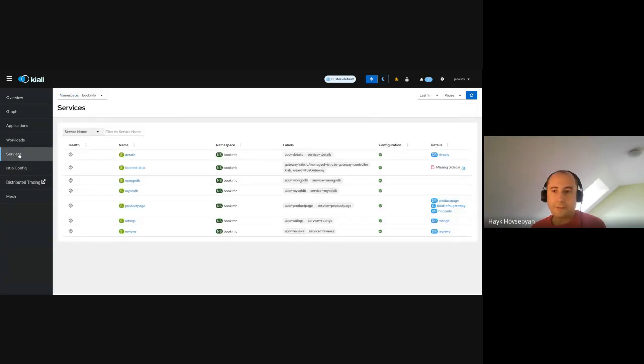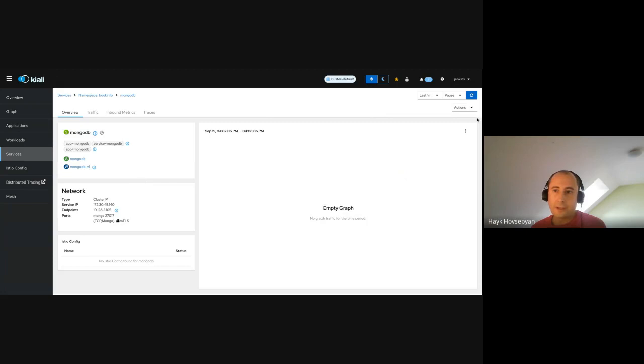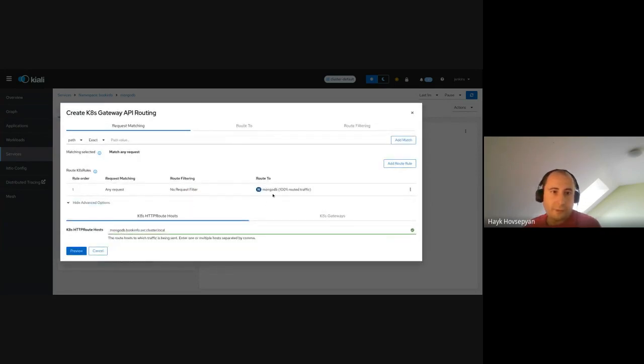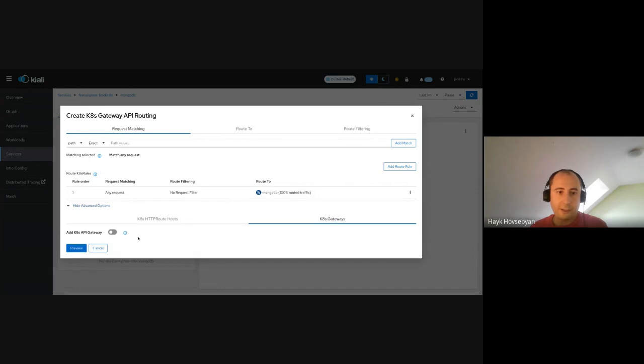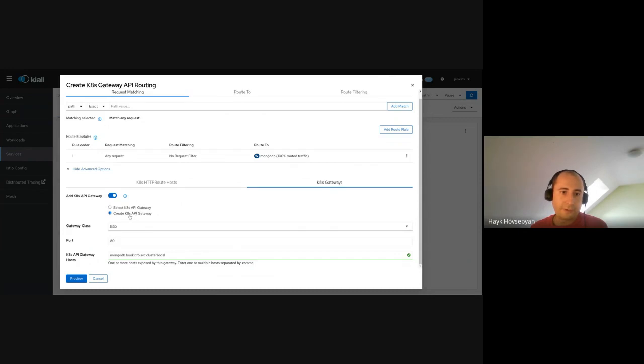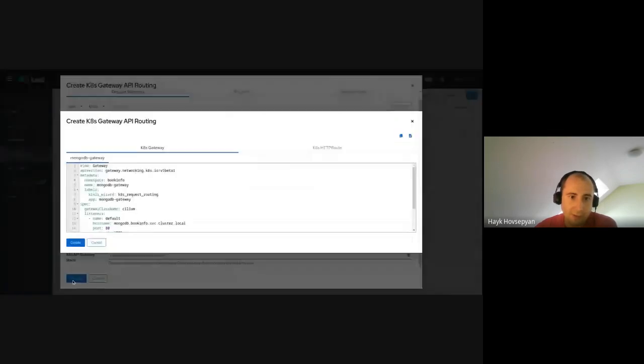Another place where the feature was implemented is the service wizard while creating Kubernetes gateway API routing. This feature we had before, and it's possible to create a new Kubernetes API gateway. This feature exists, so now we are able here to also choose the gateway class. So if we choose Cilium, go preview, it will create this Kubernetes gateway,